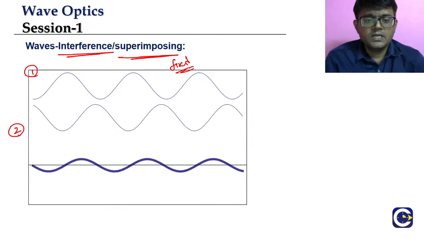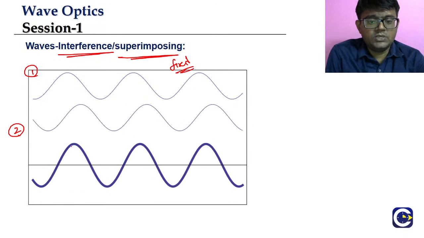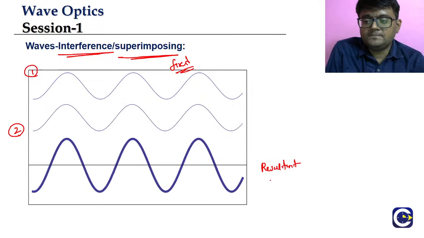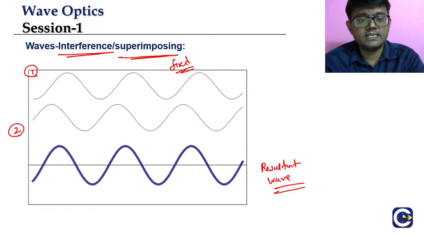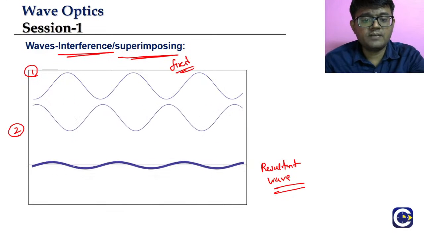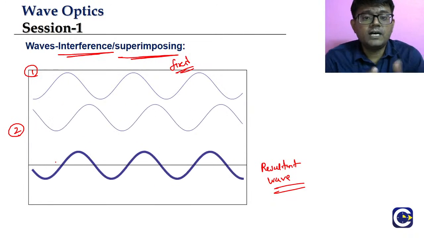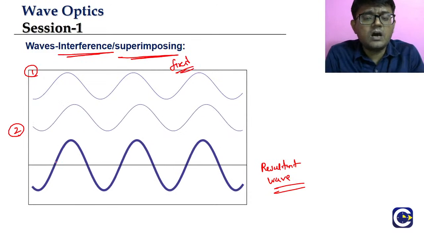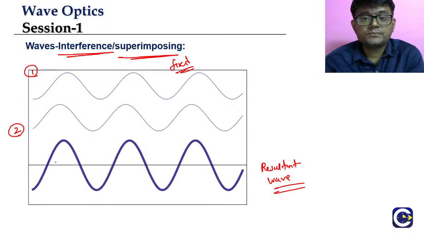Now you can see clearly in this visualization what we are able to observe. Here, when the crest and crest are overlapping, you will see the resultant, which represents how the resultant wave will actually exist. When crest and crest are matching, the amplitude will be maximum. But when crest and trough are matching, they both will cancel. So when you have waves coming from two sources, when they interfere or superimpose, we will see that the resultant wave that we observe